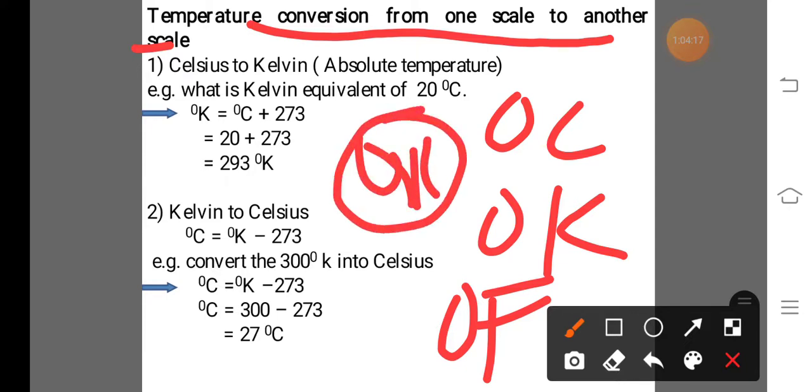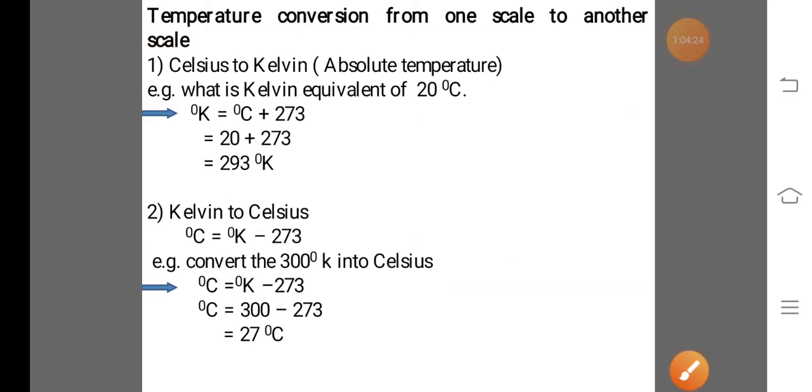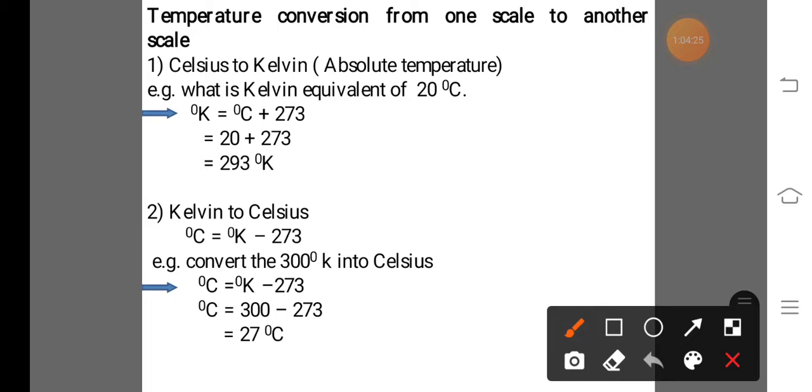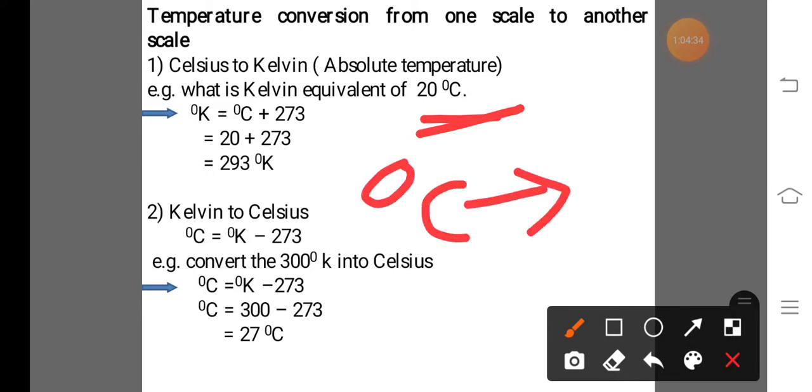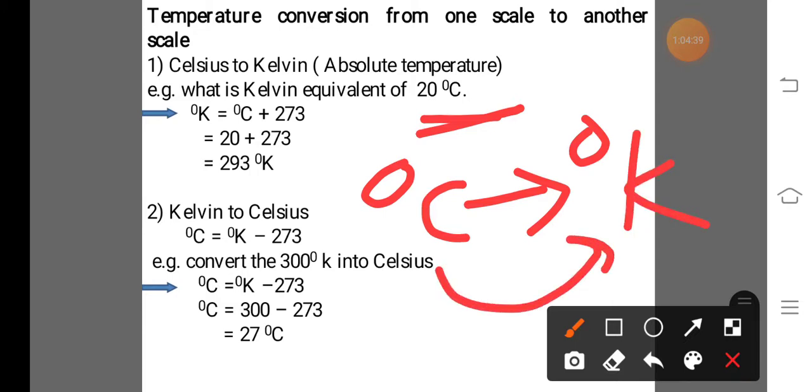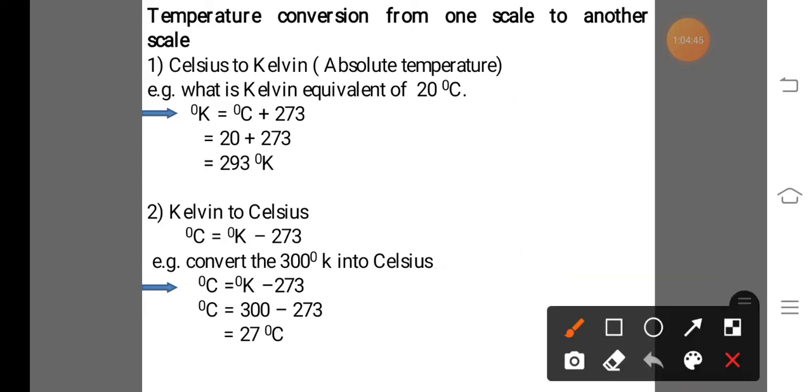In case of conversion, we discuss the conversion of degree Celsius, degree Kelvin and degree Fahrenheit. First, in case of degree Celsius temperature, that means we are given a degree Celsius temperature and it is converted into degree Kelvin. That means degree Celsius is converted into degree Kelvin. And for conversion of degree Celsius into degree Kelvin, the formula is